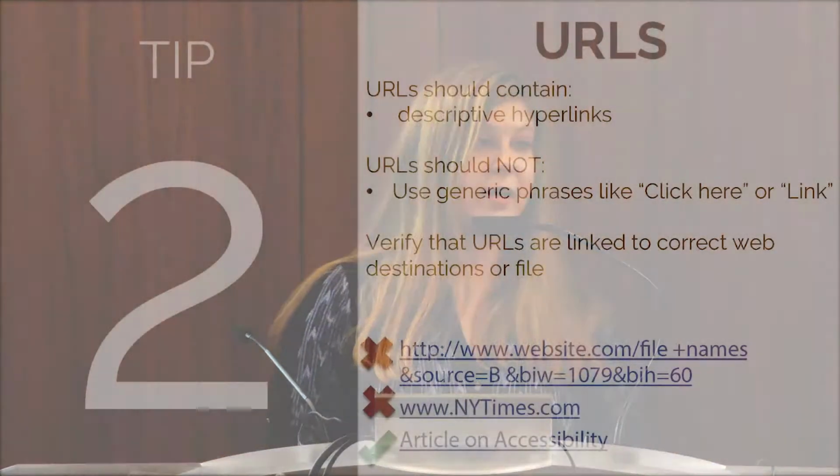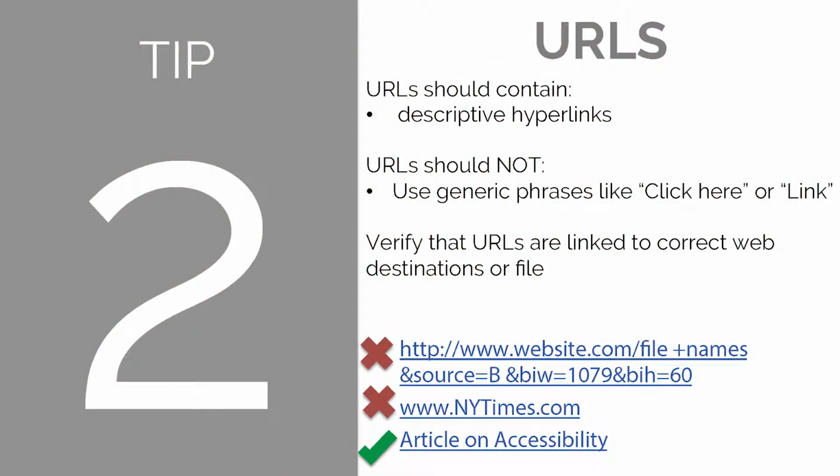The same goes with URLs. When you're adding a URL, you don't want a long string of the web address. You want to try to condense it on the topic that it is. And it's very simple, via email or Blackboard, to relink what the display name is. So for instance, these are definitely URLs we recognize, but they link to articles on accessibility.